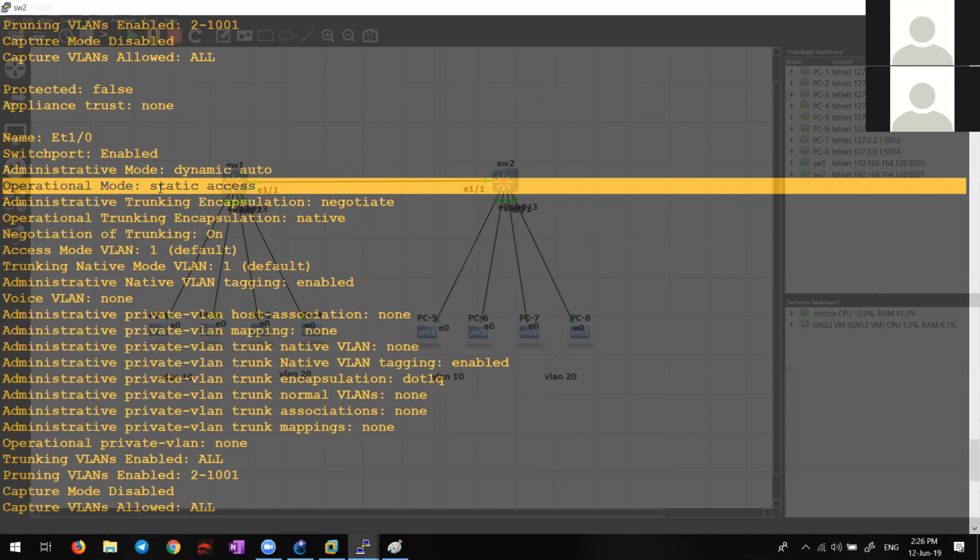So if it gets a trunk initiation from the other side, it is ready to become a trunk because it is dynamic auto. If the other side is also dynamic auto, this will not work. The moment it is connected switch to switch, it becomes a trunk. What if we don't want that connection to be a trunk? So it can be an issue. So in my understanding they don't keep dynamic desirable. They'll normally keep dynamic auto so that we somehow initiate the procedure of becoming a trunk link.